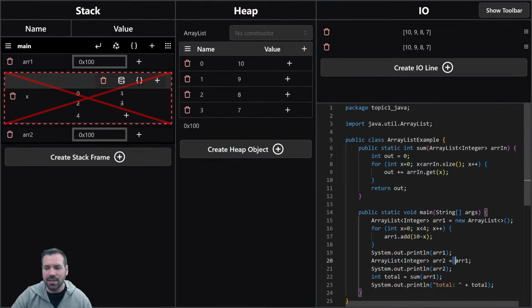So when you get to this line right here, because some students will create a new object, copy all the values, and put OX200 in R2. That's a huge mistake. You clearly don't understand references, and you got to take the final exam if you do that on the midterm, because you didn't complete the learning objective, assuming you do it on both traces. But